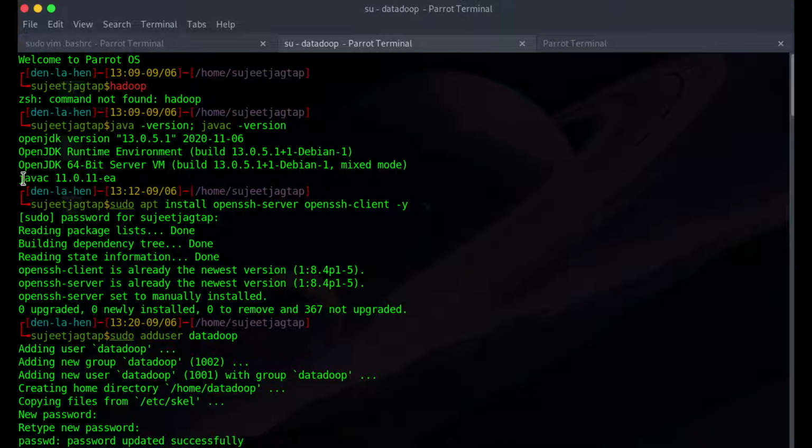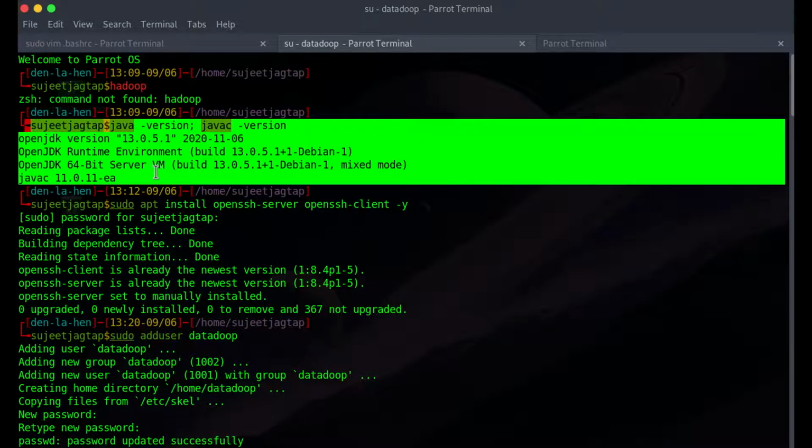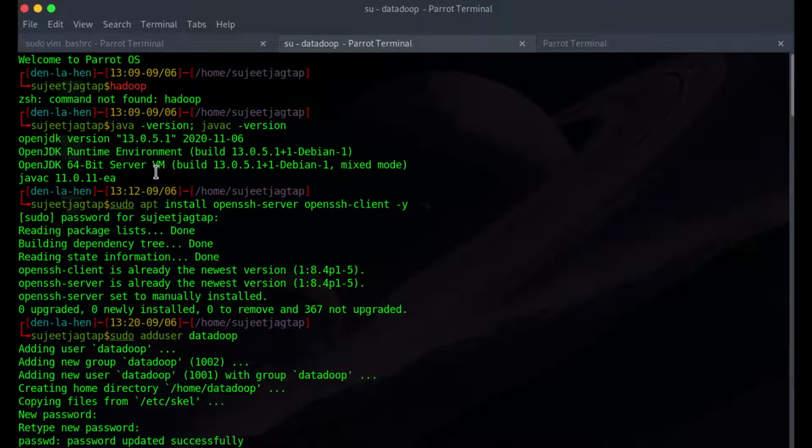Here my Java compiler version is 11.0.11 and this will be utilized by the Hadoop framework. So this section clearly shows how to check the Java installation. This is done because the Hadoop framework is written in Java and its services require a compatible Java runtime environment, that's JRE, and Java development kit, that's JDK.